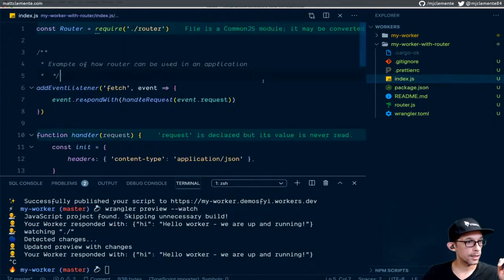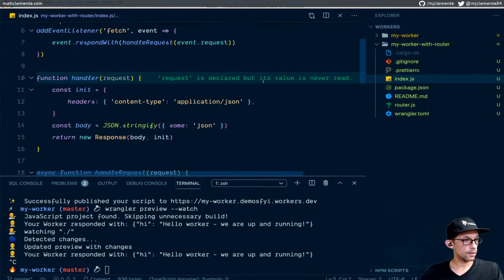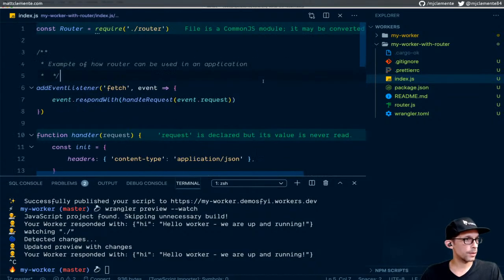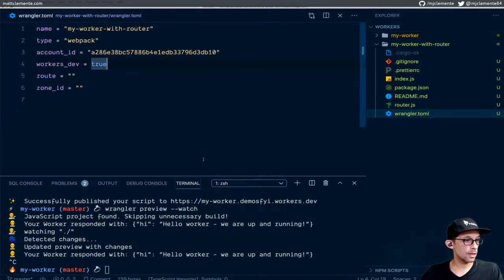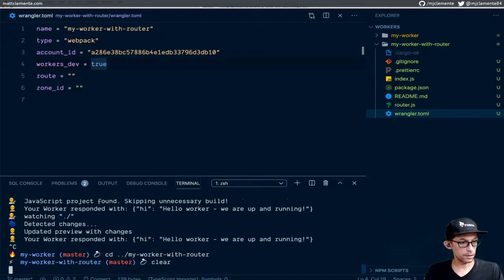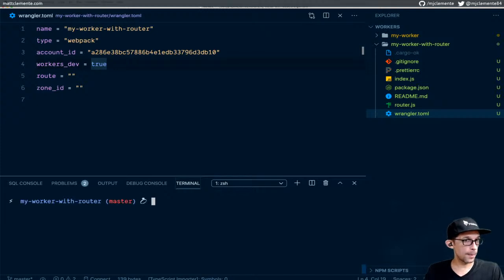Our index. Oh, nice. So this is, ooh, very cool. This is a very cool template. All right, so our Wrangler TOML has our account ID. We will run, we have to get over to that directory. My worker with router, clear. And we will run